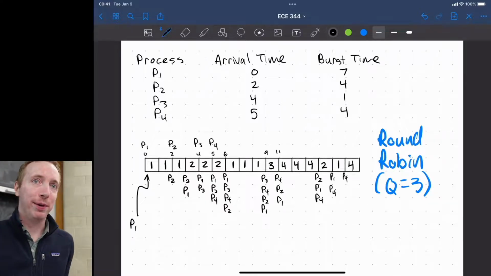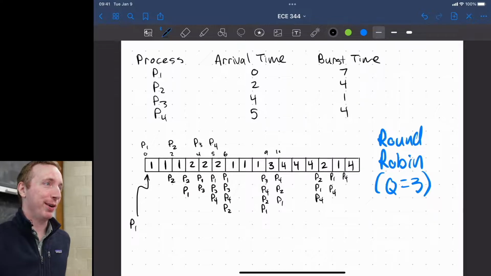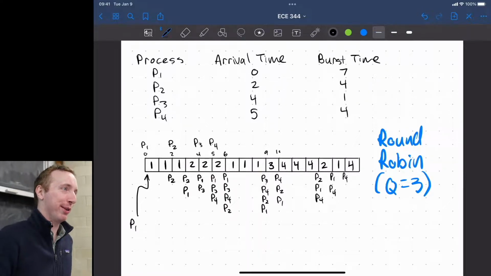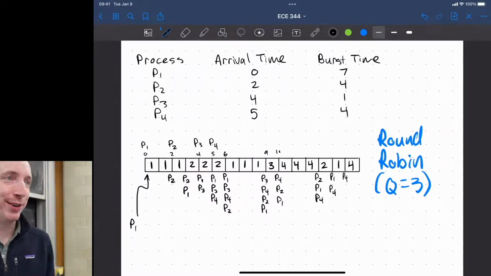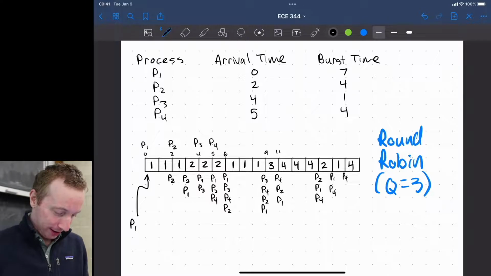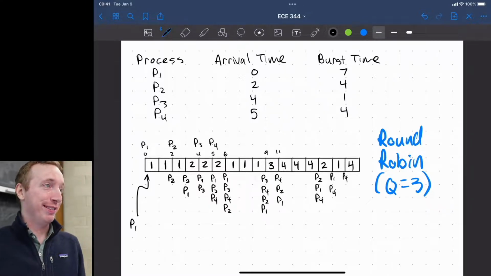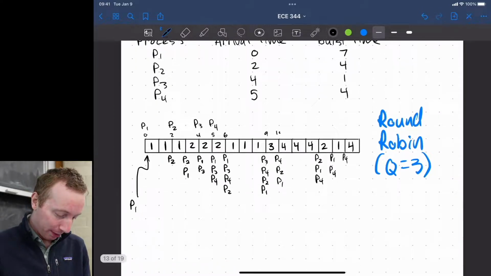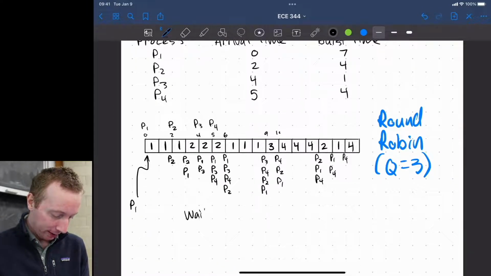So if we want to make you waste time, we could say, hey, try to do this for all the quantum lengths and tell me what the best ones are for this process. That would kind of be mean, though. Hopefully that doesn't actually happen. But usually, weirder things have happened.